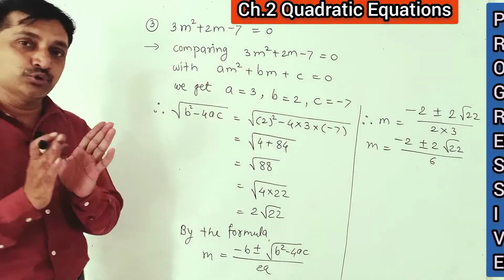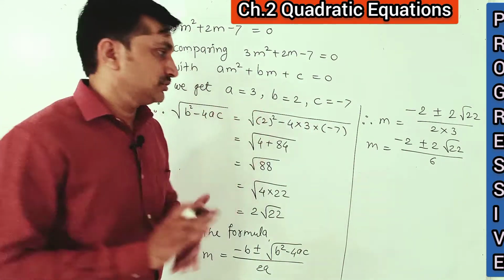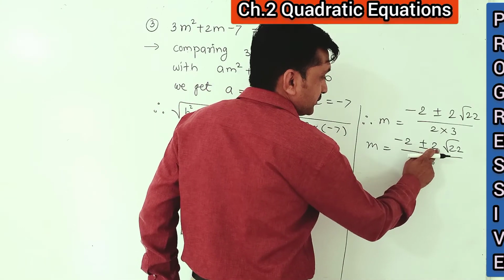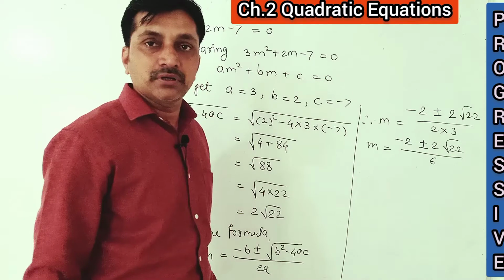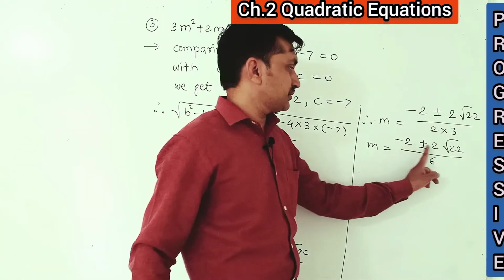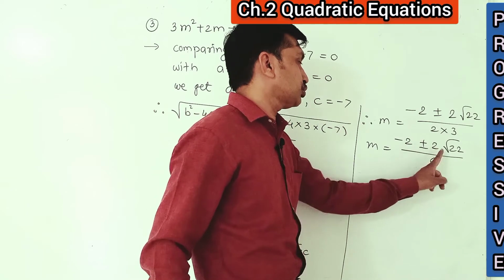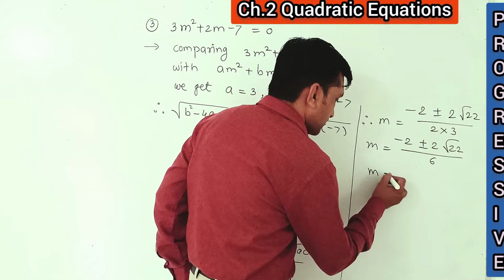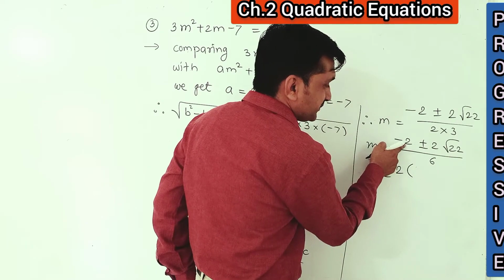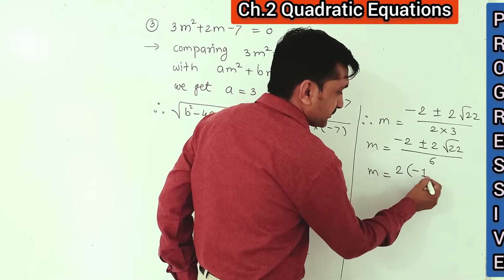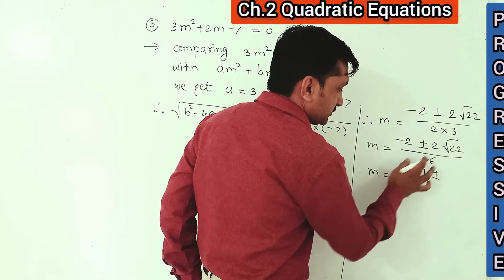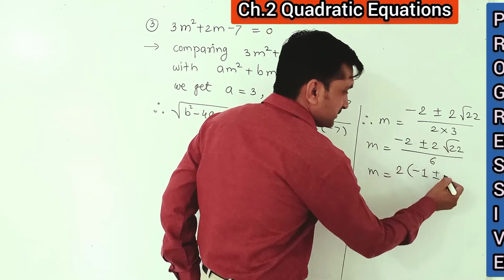Now what we have to do? Separation. Separate the values. Before that, here you see, here is 2, here is 2. Before separation, there is one more extra step. That's why we can take 2 common from these numbers. Therefore m is equal to, if we take 2 common in bracket, now 2 is taken out, therefore what is left in the bracket? Minus 1 plus minus, this 2 is taken out, therefore what is left in the bracket?